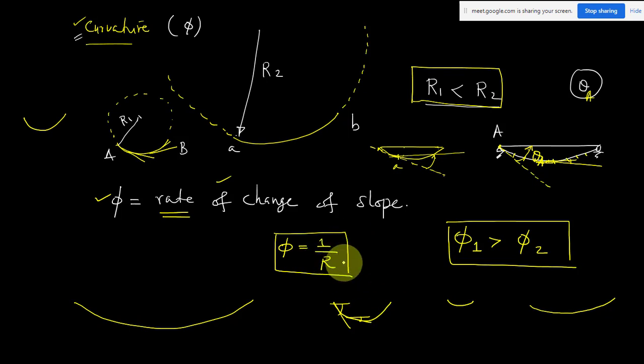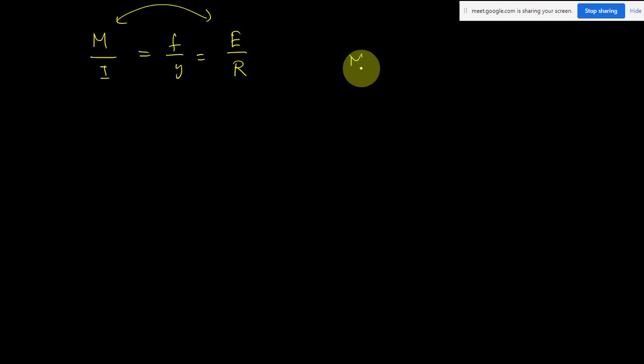So this should be clear first, okay. Now we can take your pure bending formula, M by I equal to... from here, if you take this first and third equation, we can write M by EI equal to 1 by R, okay. So you just remove this term, I don't want this term right now. So M by I is equal to E by R, so M by EI equal to 1 by R.